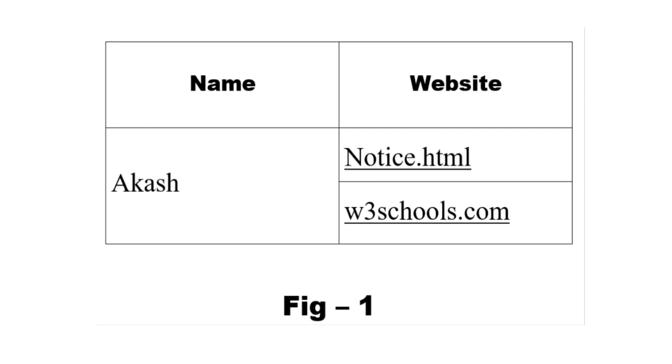Okay, then let's see, is there any row span or col span? See here Akash, I already told you this one is table data, but is there any row span or col span? See here Akash is in a cell, but if we divide Akash, that means Akash is divided into 2 cells. That's why this one is row span. But how many row span? If we divide Akash into 2 cells, that means Akash row span is 2. You have to use row span 2 for Akash.